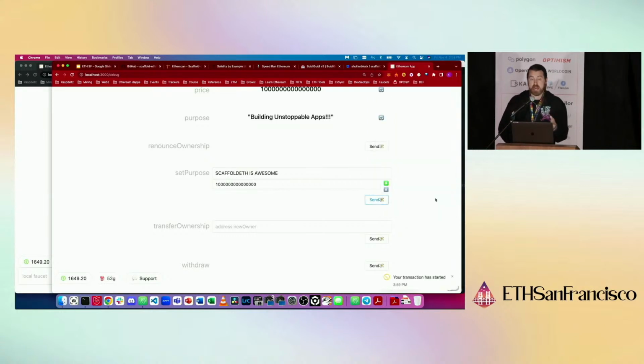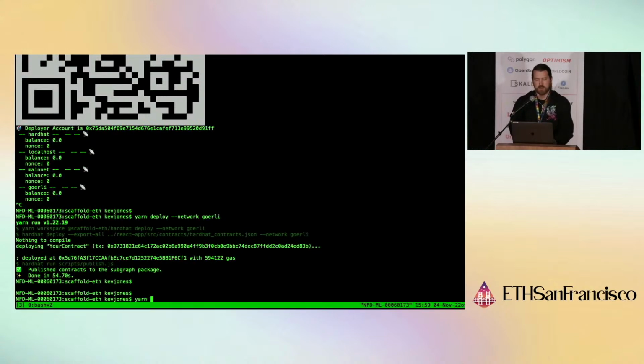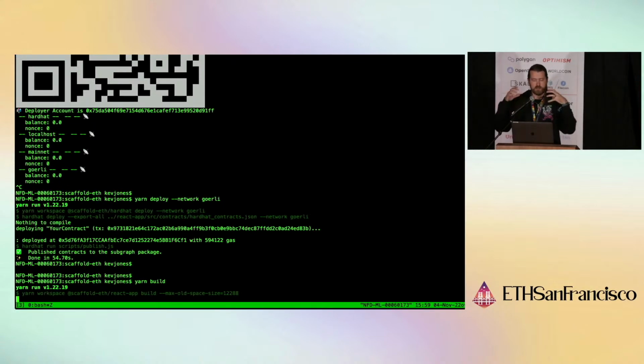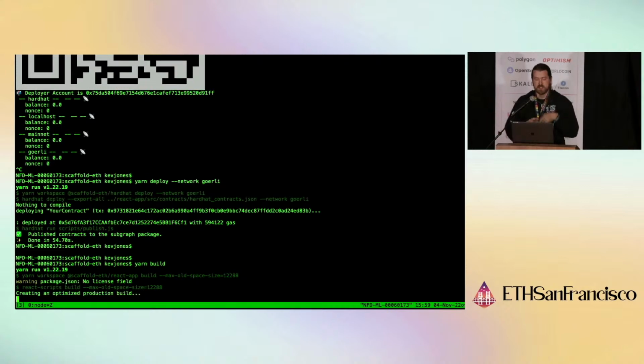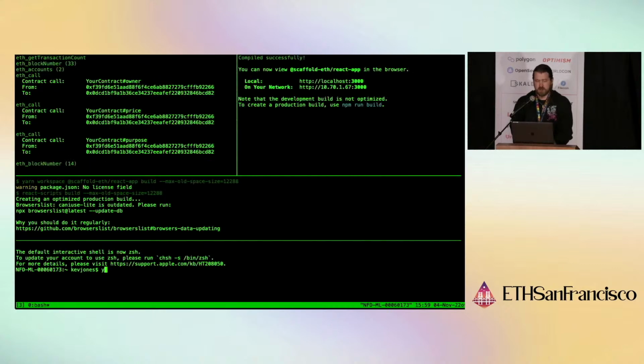And then the next step, I'm running out of time, but the next step would be that you would maybe want to ship your app to some other hosting service, because right now we're running it locally. And you can do that directly through here as well. You can do what's called yarn build, which is going to take a copy of your React app, and it's going to build it and make it optimized. And then you can do a yarn, cd projects, Ethereum, Scaffold ETH. Then you can do a yarn,